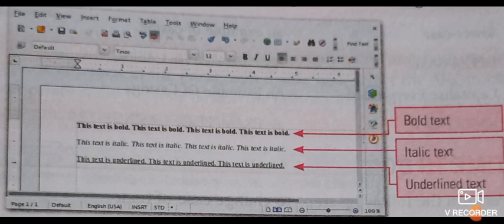To make the text italic, we have to click on the italic icon from the formatting toolbar, which is represented by I. And to make text underlined, we have to click on the underline option from the formatting toolbar, and it is represented by U with an underline beneath it. Now by selecting these 3 options from the formatting toolbar, we can change the attribute of our text as bold, italic, and underline.